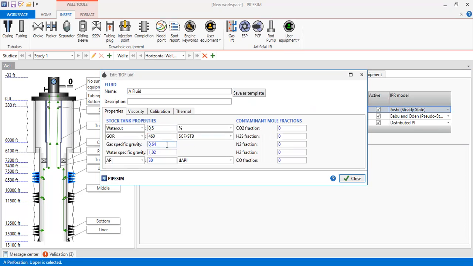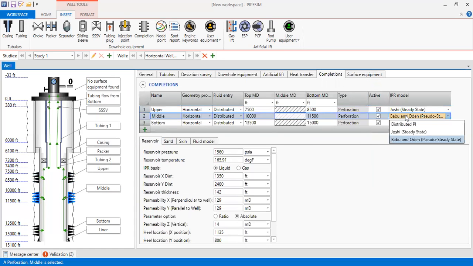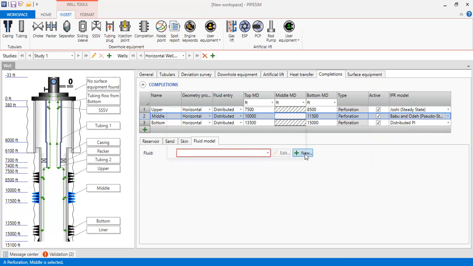And gas specific gravity, let's say 0.7, water specific gravity of this one. And for the API gravity, 48. All right. This is for the first layer PVT, and for the second one, for the middle zone, we add